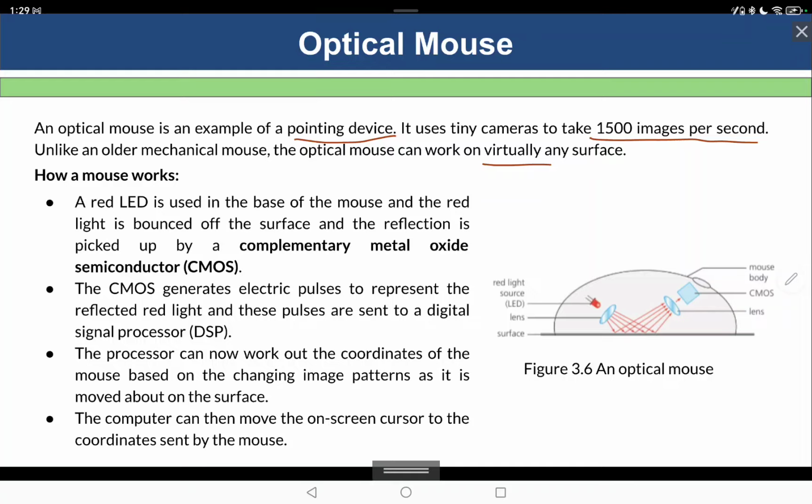So how does a mouse work? A red light is reflected off a surface. When this red light is shone on the surface, it is bounced back, and the reflection is picked up by the CMOS sensor. This sensor then generates electric pulses to represent the reflected red light, and these